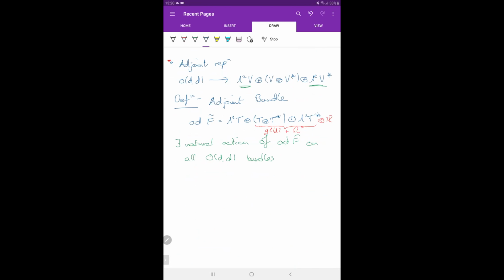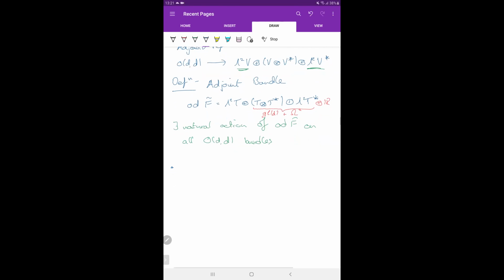So let me just give one more bundle, which is often cited in generalized geometry papers on ODD, and that's the generalized spinor bundle. So we have a spinor representation. We have a spinor representation of ODD. Remember, we can define a spinor representation of any orthogonal group if we lift to the double cover, but that's fine, we can do that. And if we decompose it under the GLD, we find that it looks like even or odd polyforms,